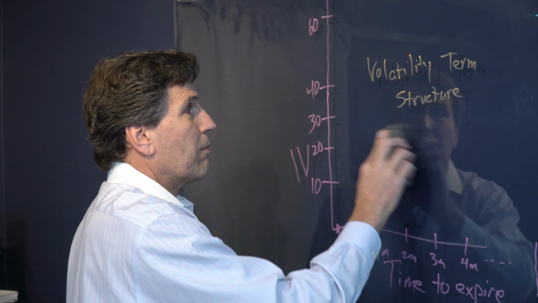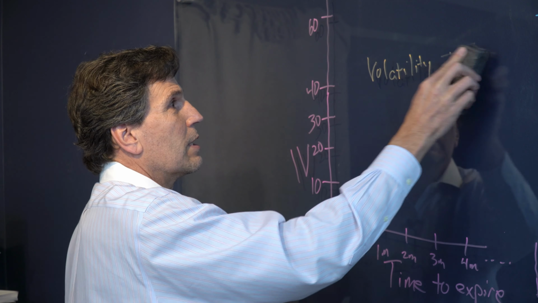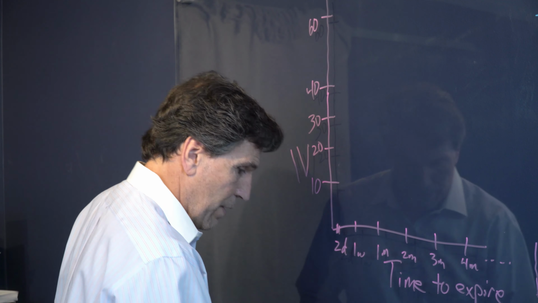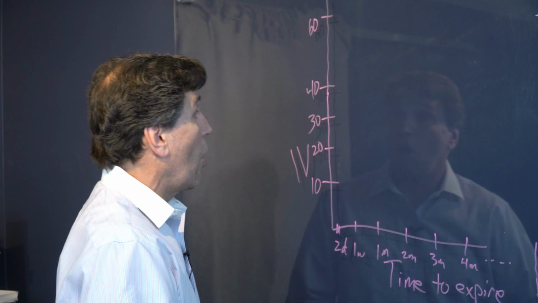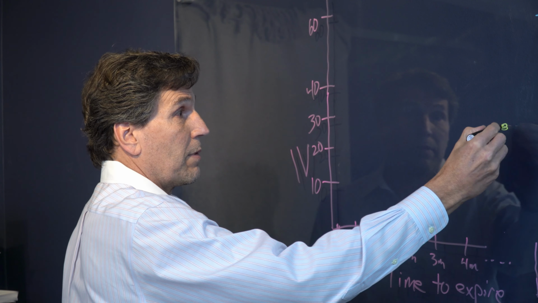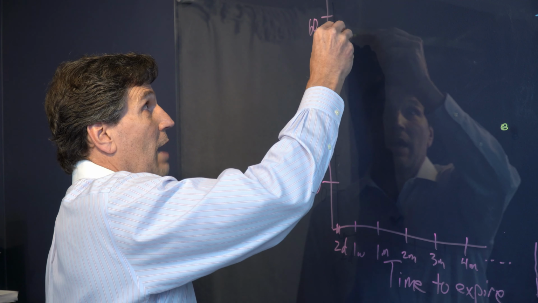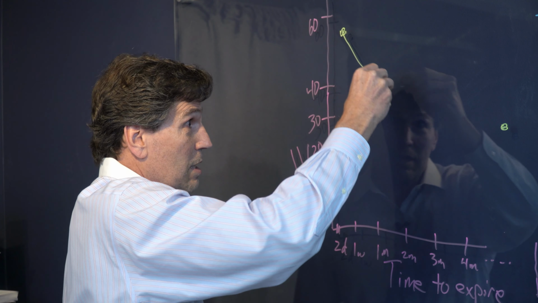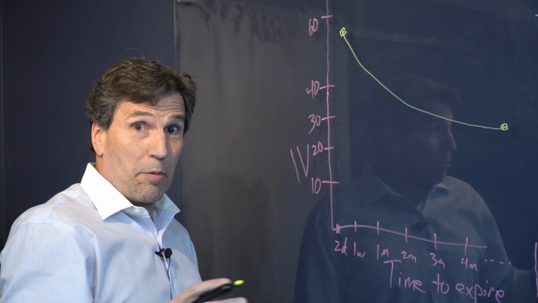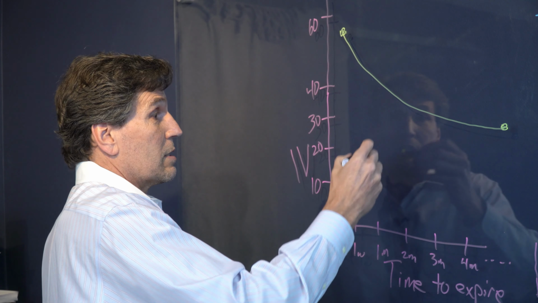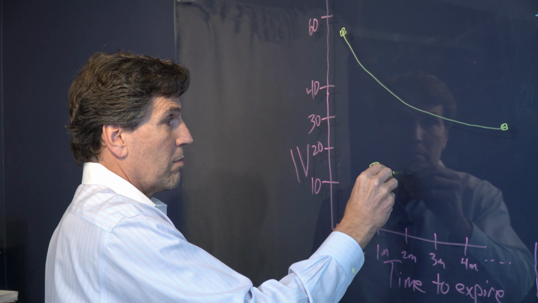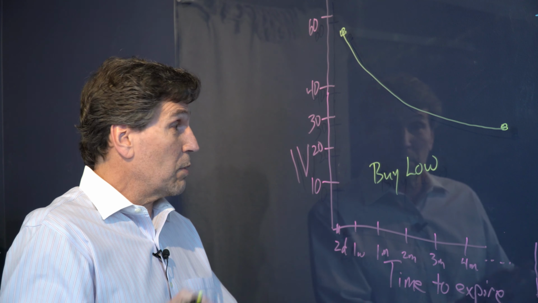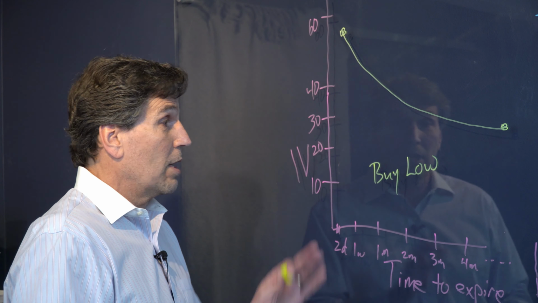What we've got now is something completely different. The long-term options actually have implied volatilities that are down around here, and the short-term options have implied volatilities that are way up here. It looks something like this. And remember, our objective is to buy low, or, because we can do this, we can sell options first and buy them back later,